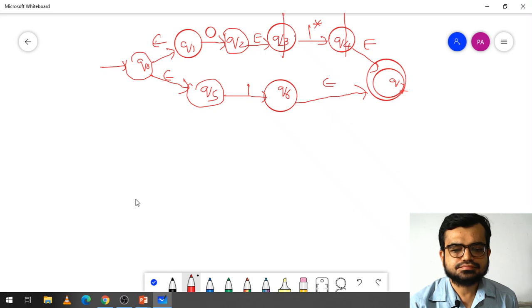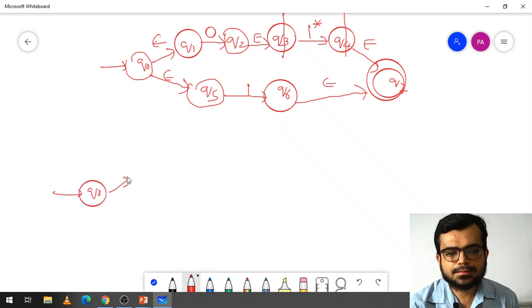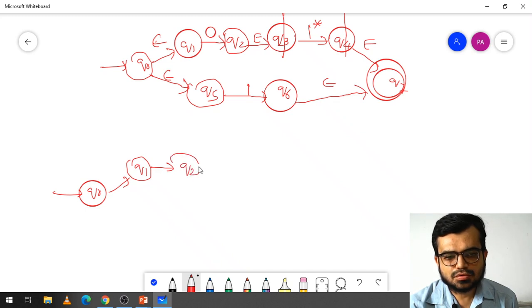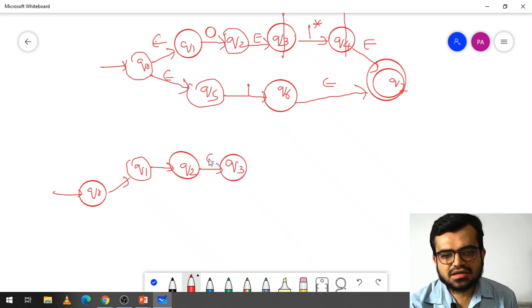So here what I am taking is Q0, same thing, then Q1, okay, then again Q2, and this is Q3. Till here it is 0, this is epsilon.